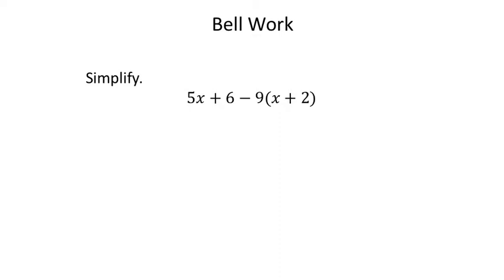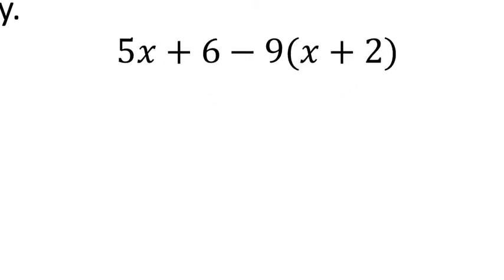All right, for this bell work, there is a little distribution on there, so we're gonna have to do that first. And remember, it's not just a 9 that we're going to distribute, it's a -9, okay? So the -9, you can see the phantom 1x if you'd like to show it. You don't have to, but you can. But when I distribute this to the first term there, that'd be -9 groups of 1x, which results in -9x's,